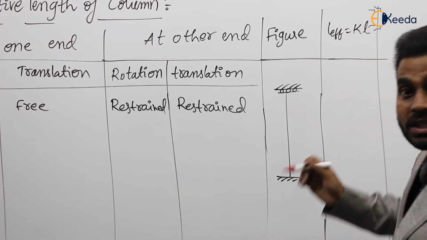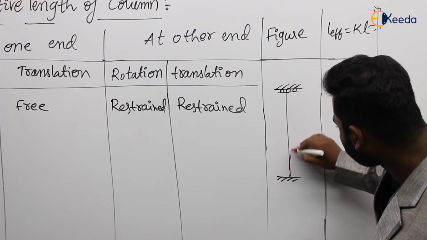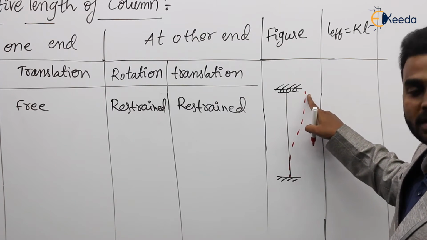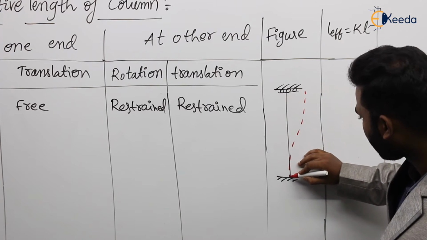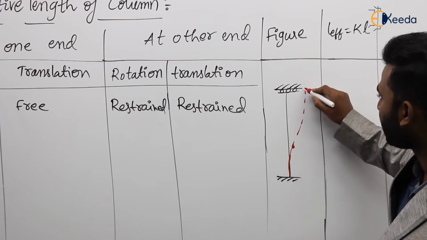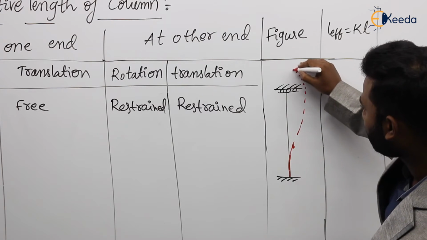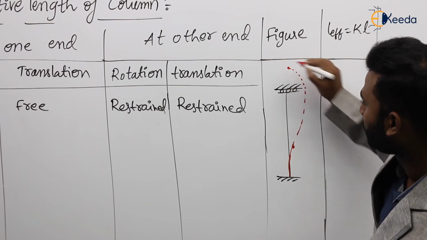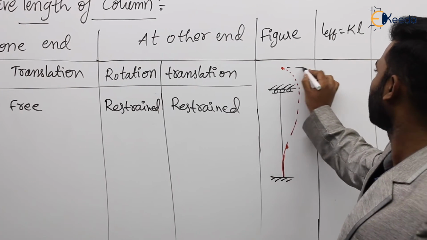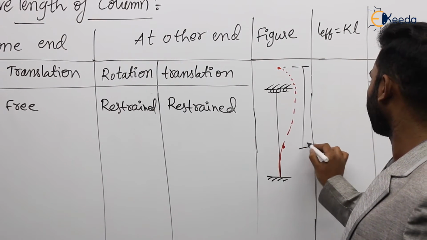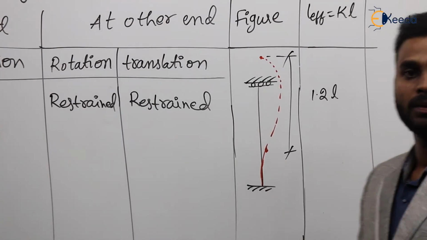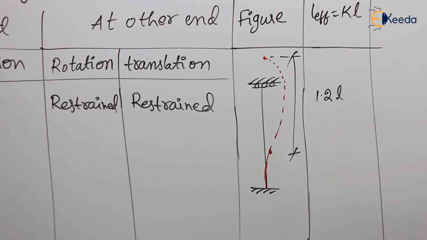Now if you see the deflected shape in this case, like this. Here the rotation is 0, or you can say the slope at this point is 0. Now, if you observe, where is the curvature going to change? Agree or not? The same curvature remains here also. For this, we have to extend till here. So here the curvature changes. Now in this case, this total is considered as L effective. So in this case, L effective is 1.2 L. Okay, 1.2 L. So this is the case.